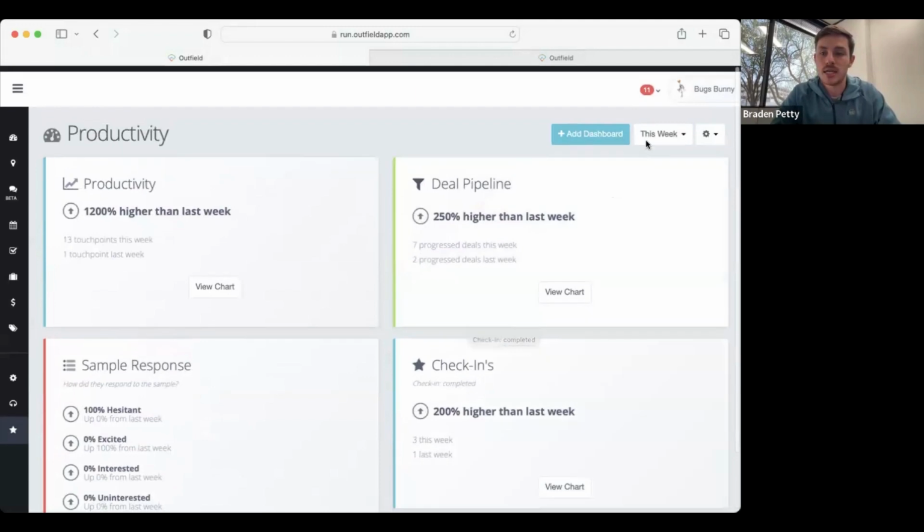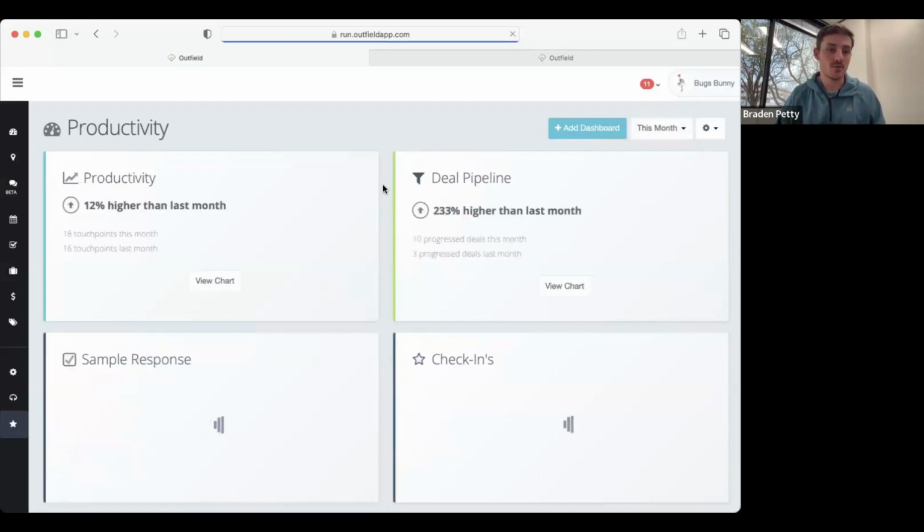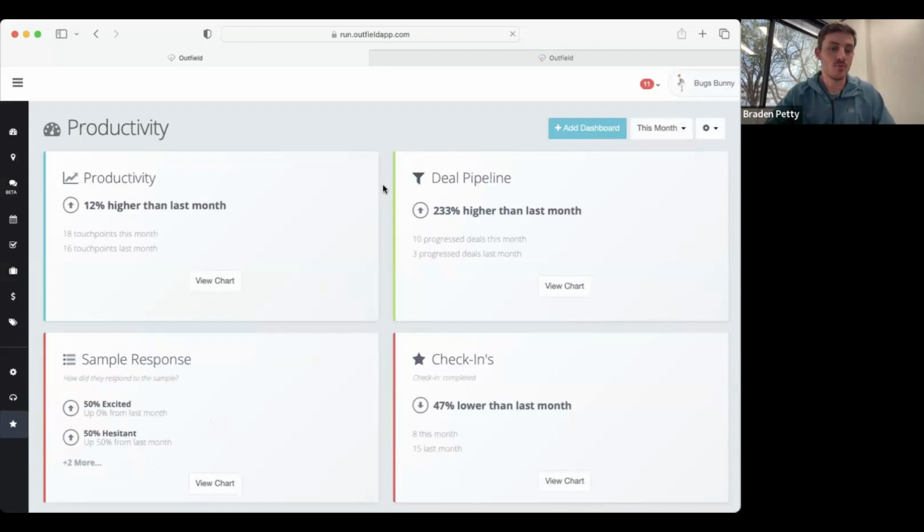and compare that. When I click over to something like this month rather than this week, I can now rearrange the view and what I'm comparing to on a previous period. So let's see if this goes ahead and loads. And again, the heart behind this is to give you that snapshot, right? You don't have to go super deep into all the analytics to find this information. This should give you a pretty good picture, which will guide conversations and insights about what the team is doing